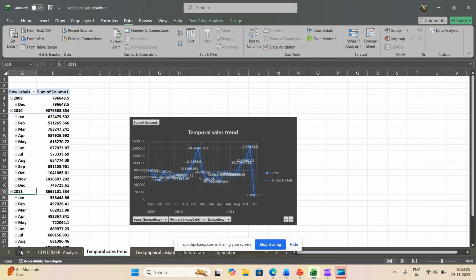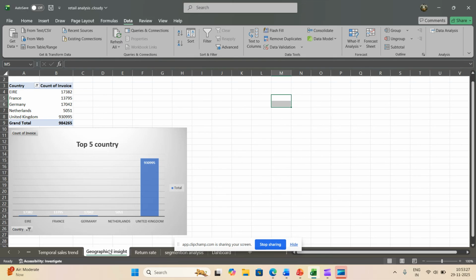Going forward to the next question of the geographical insight. So here I create a pie chart. In the row section I add the country, and in the value section I add the invoice. So I select the invoice in the count.